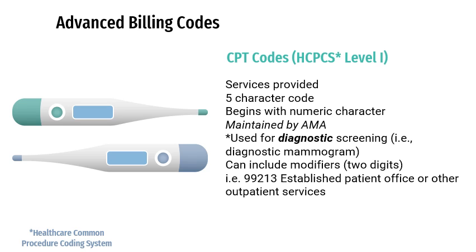Just as a reminder, these are the codes that you're most familiar with in billing, and they are the codes that are maintained and copyrighted by the American Medical Association. These are those 5-digit numeric codes that you're very much used to seeing for E&M visits, office visits, episodic encounters, etc. And they are, as I said, that 5-digit numeric code, which can also have a 2-digit modifier on them. I do go into modifiers in several of the discussions, so if you want a better understanding of what I mean by a modifier, please jump into some of those other slides. Now,